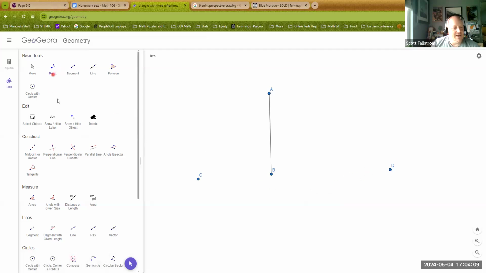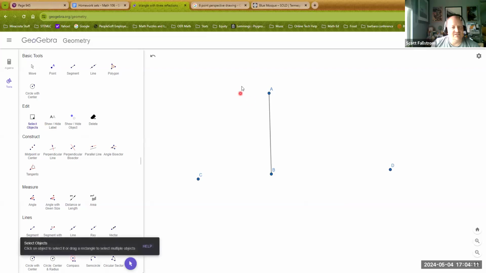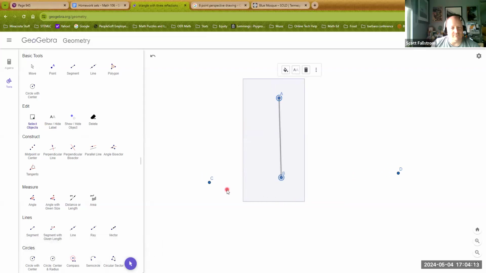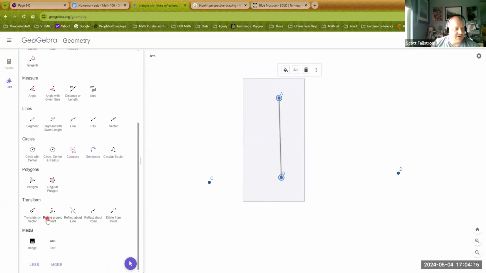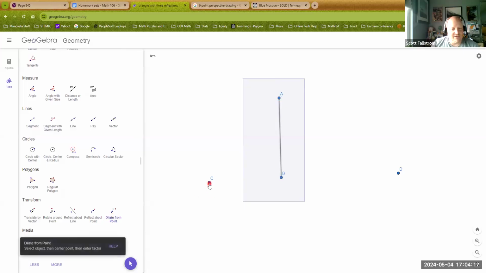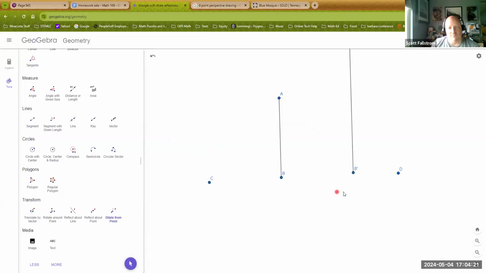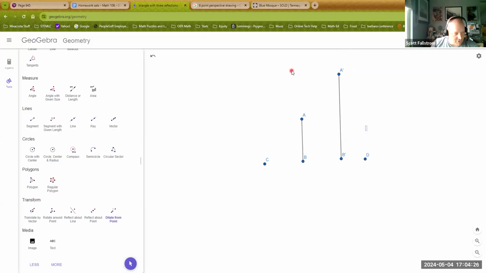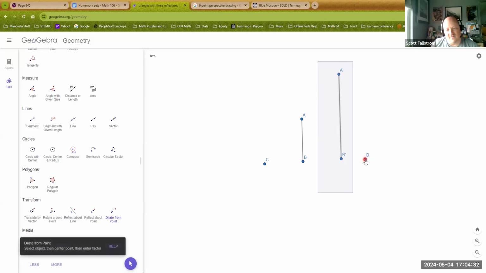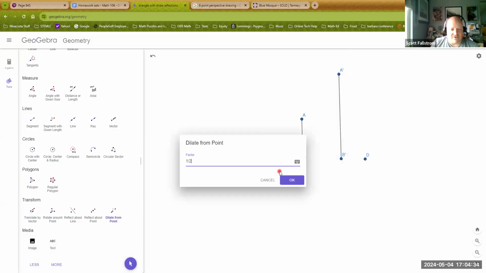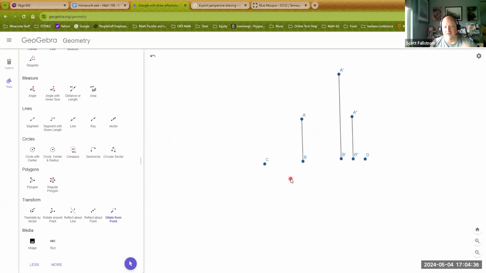Now you can select your objects. Selecting AB, scroll down, dilate from a point, dilate from this point with what factor? It says factor 2. Boom. There it is. I can see it now. There's A prime, B prime. Perfect. Then highlight A prime, B prime, and say dilate from point, this point D, and say factor is 1/2. There it is. The question is,